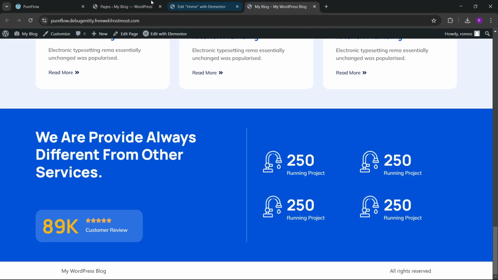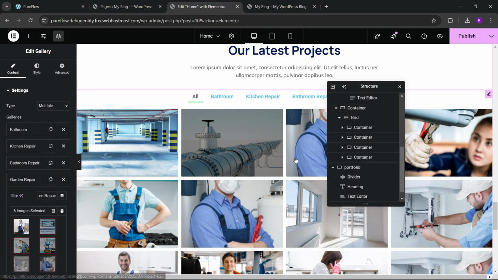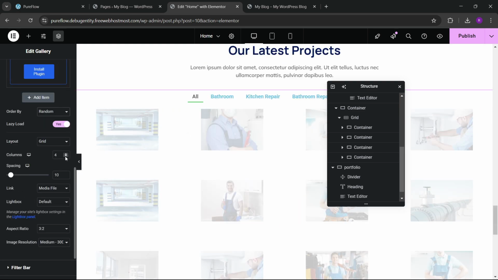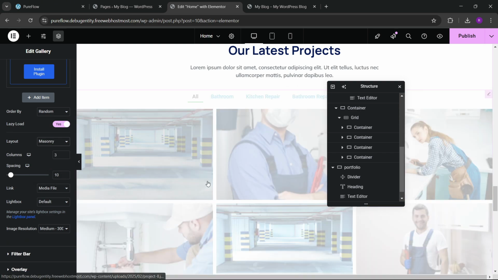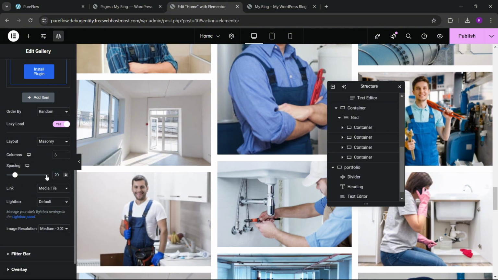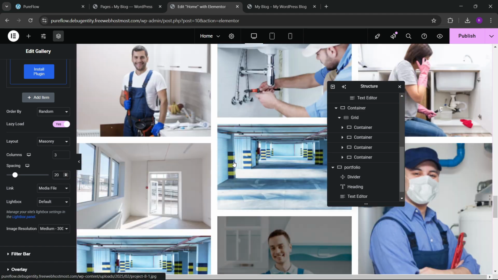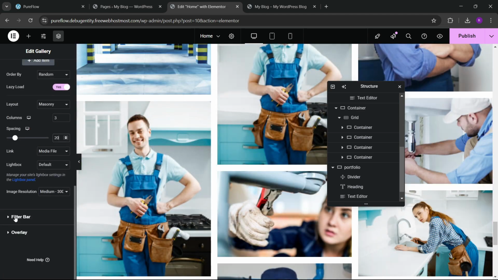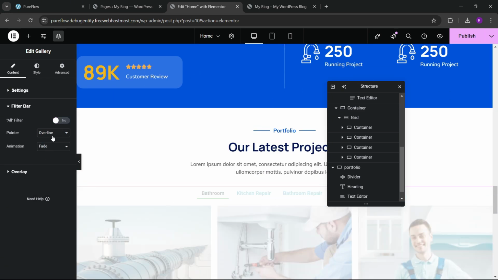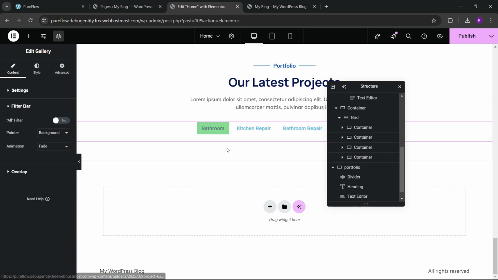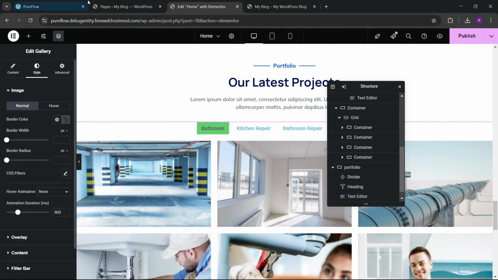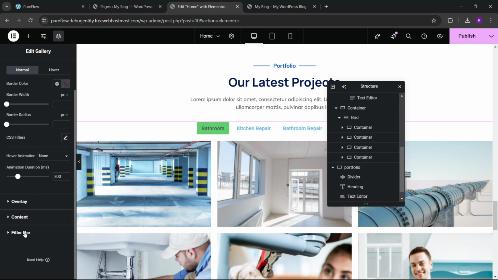Now you can see that we have only 3 grids, so we can go here and here you will find order by random. You can set the grid, how many columns you want, 3, and we can use masonry. With masonry the images will have their real width and height. Okay, like this you can see, and we don't want to show the all. So we can remove the all from here, and so many options are there: overline, underline, background. So we can also use this background. Suppose I want to use it, so let's use the background here. So suppose we go to the filter bar,